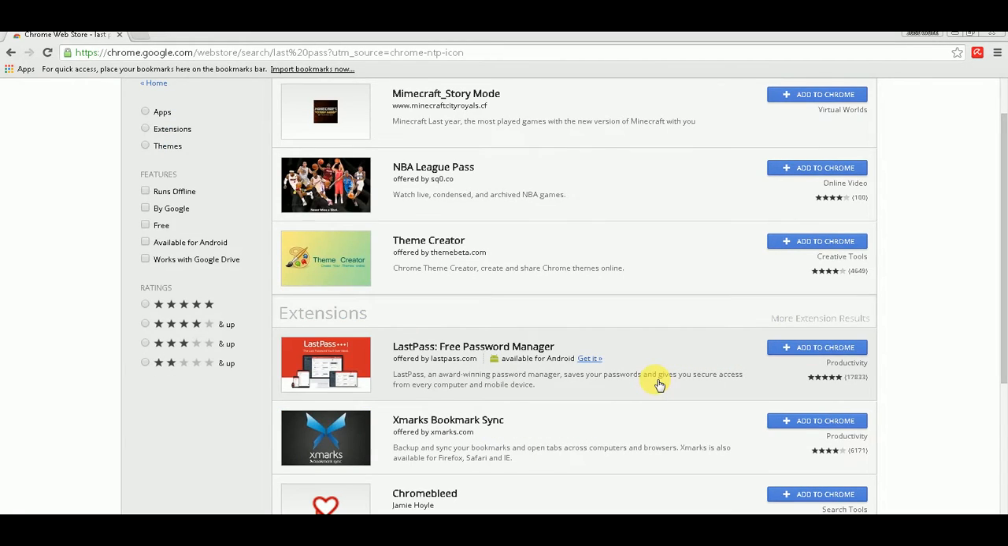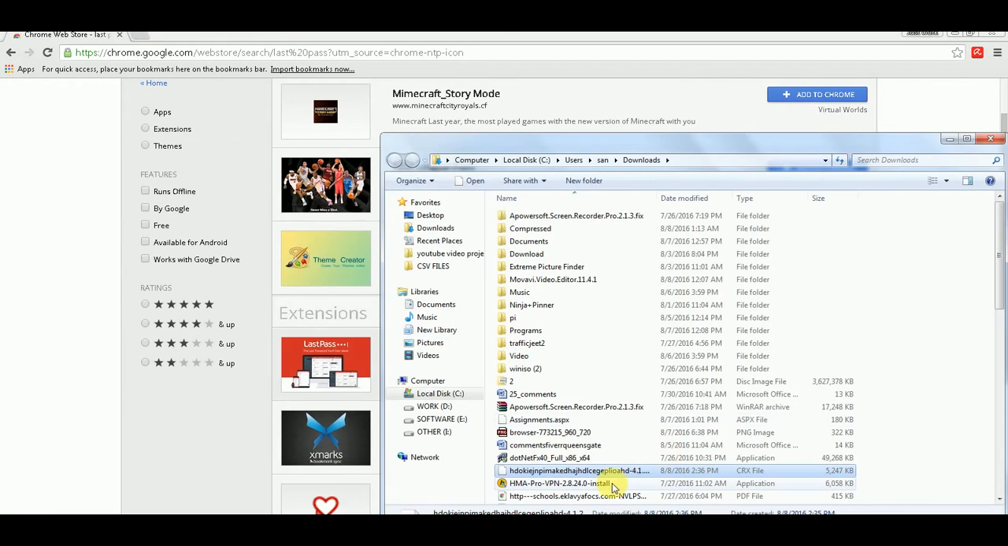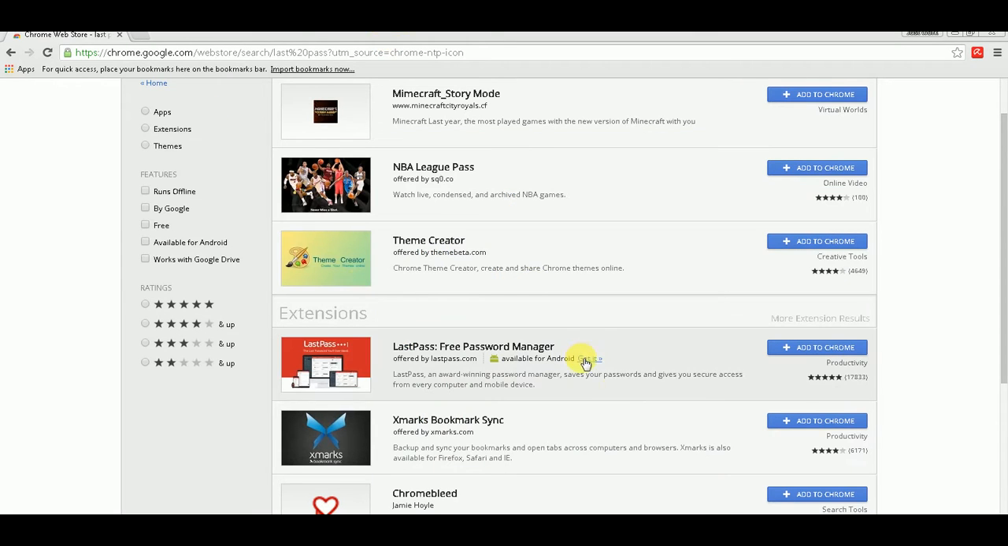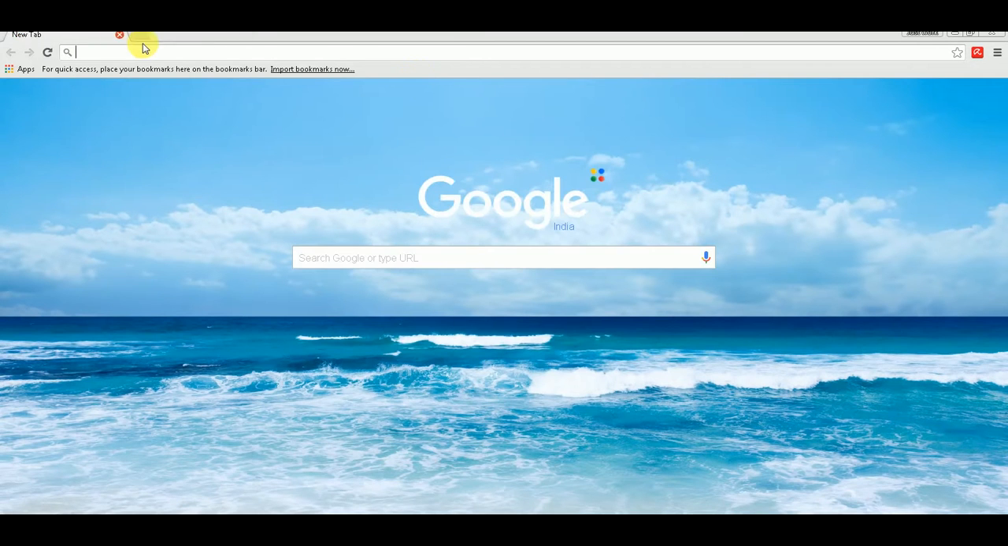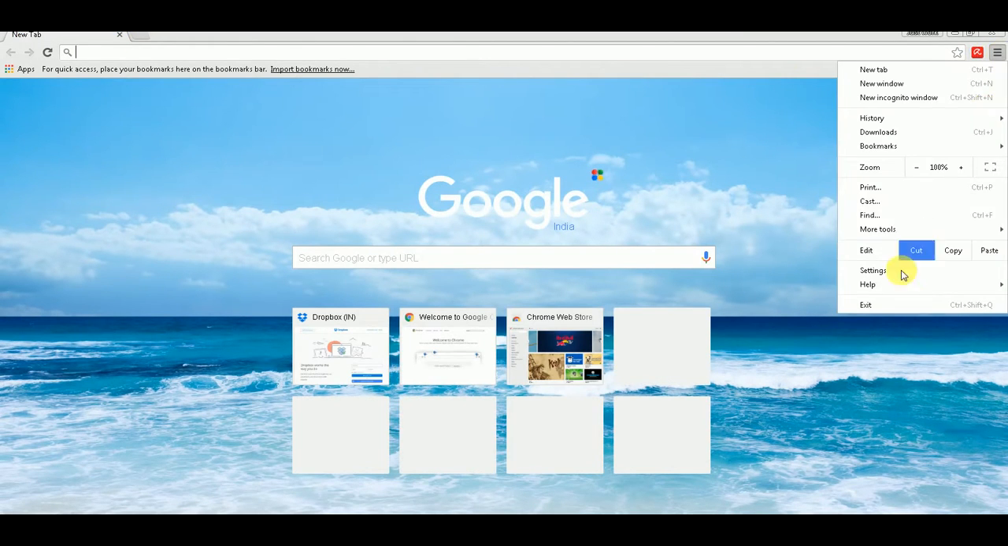Then you can go to their website and download the CRX file, which I have already downloaded. This is the CRX file, the extension's CRX file that I downloaded on my hard drive. And now instead of installing this through the Chrome web store, I want to install it outside of it. So I will just close this, and then again go to extensions,